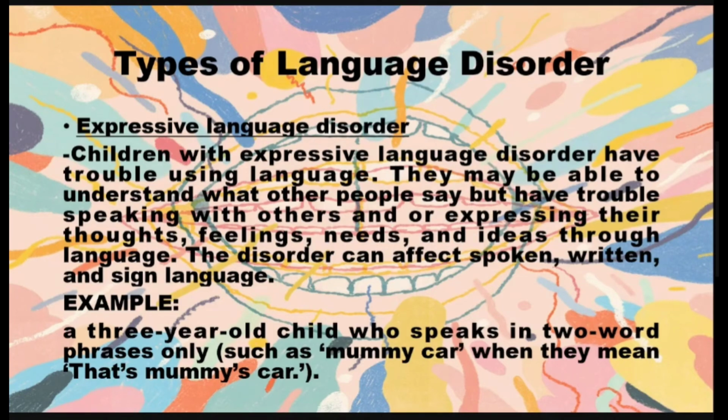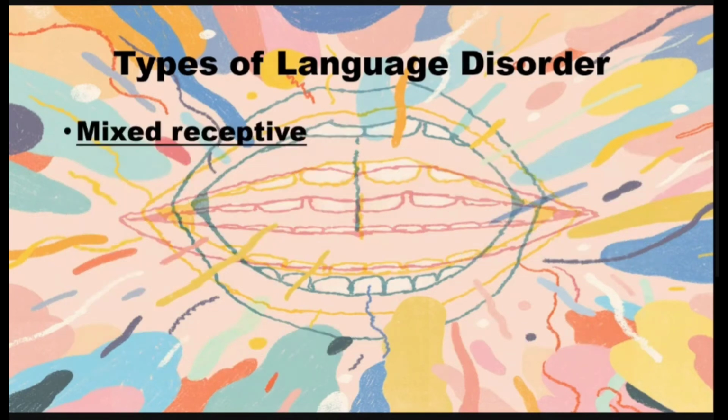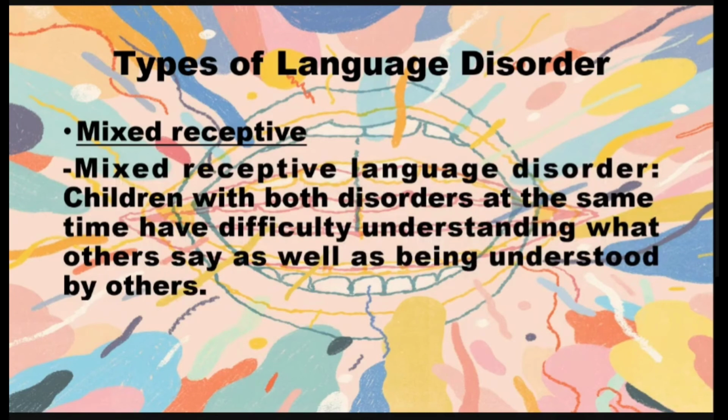Now let's move on to mixed receptive language disorder. Children with both disorders at the same time have difficulty understanding what others say as well as being understood by others. So basically, mixed receptive is a mixture, as it says in the name, of both receptive language